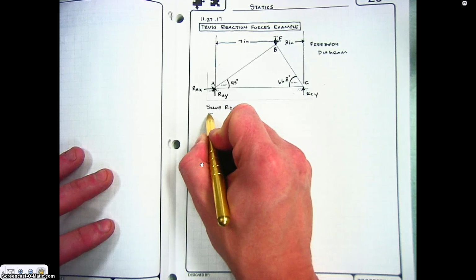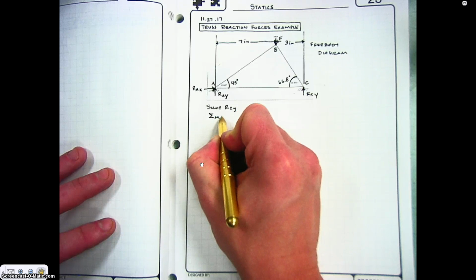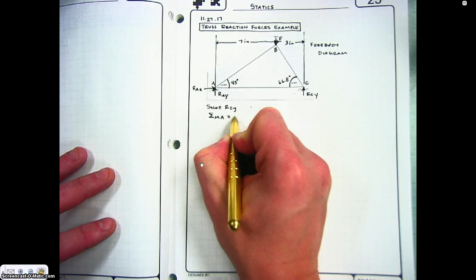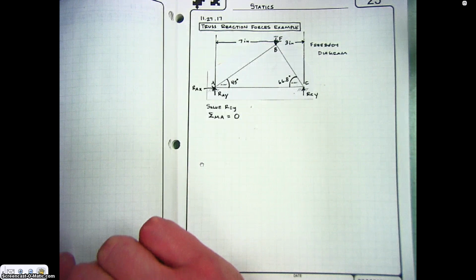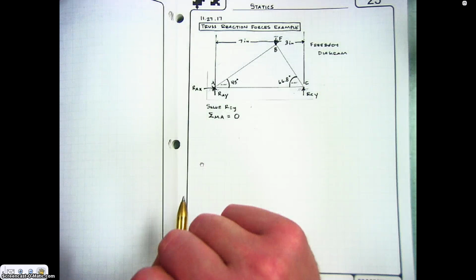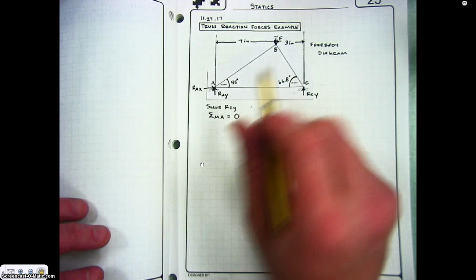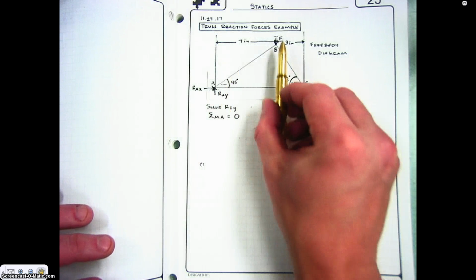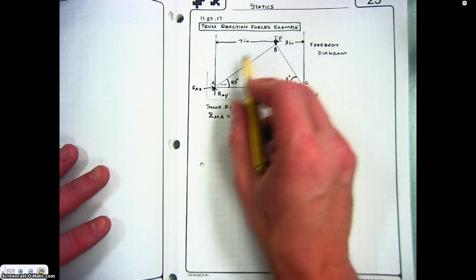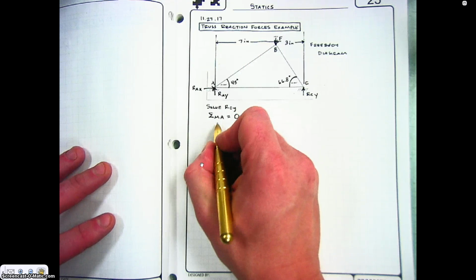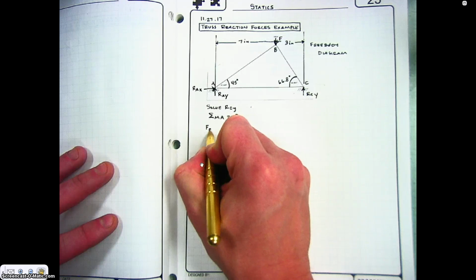And so if I take the sum of the moments about point A, those have to equal 0 in order for our truss to work. All right? And so now we need to figure out what those moments are. And so the first moment that we have is the force at point B times the distance back to point A. And so I'm going to say the force at B